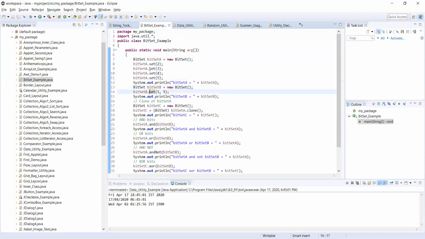I don't want to repeat the numbers. And I want to clone bitSetA into bitSetC, making use of all the elements which are there in bitSetA.